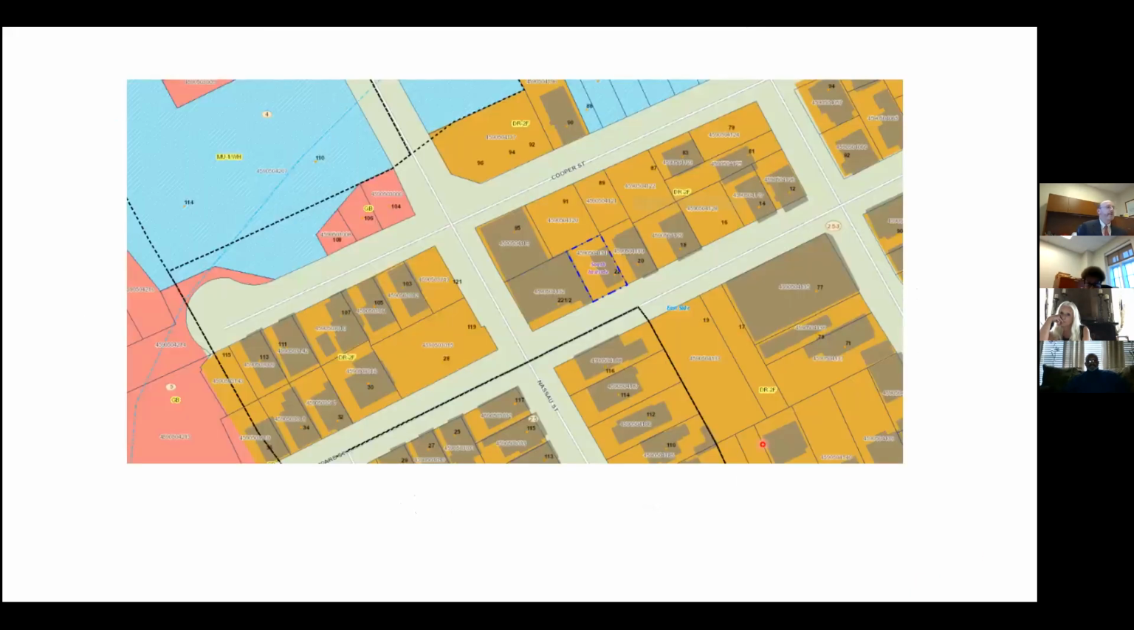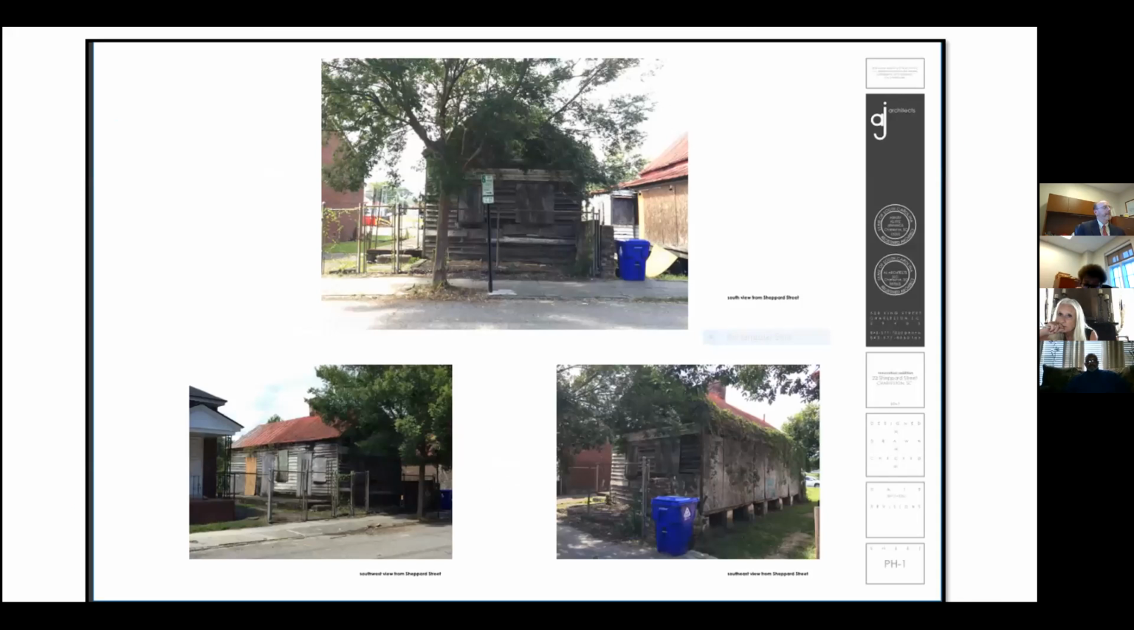Skip right forward. So here's the lot in question, and these are photographs of the existing home on that lot. It appears to be in worse condition than 20 Shepherd Street, although I don't really know what the inside looks like. But nevertheless, it's been vacant for some time, and the applicant would like to